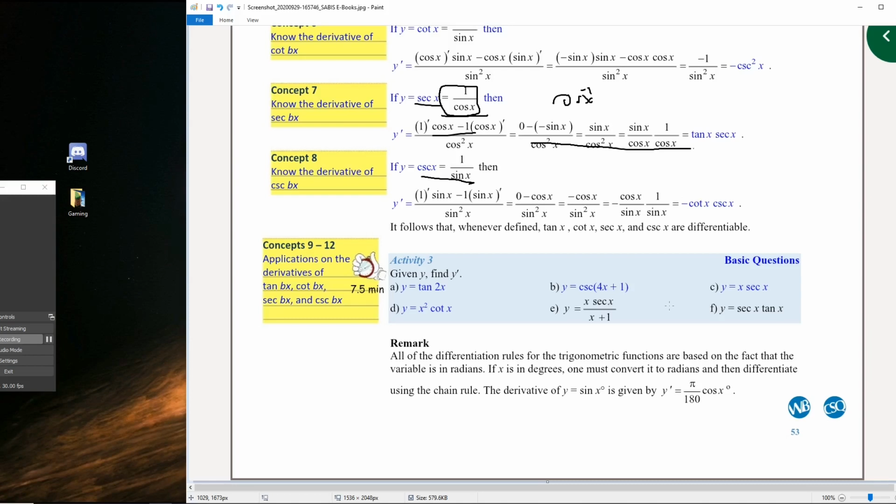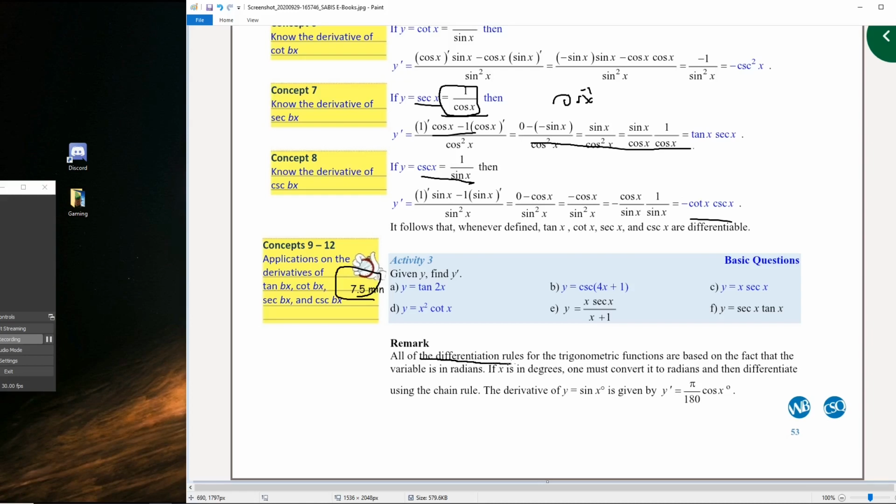A pretty good practice, to be honest. First of all it makes you remember the derivatives, and they have a wide variety of them. Some nice exercises over here. It takes time, maybe not even 7.5 minutes, it might take 15 minutes if you want to make sure what you're doing, if not 10 minutes or something. But it's good to take your time, especially in these ones that are really important. So here it says